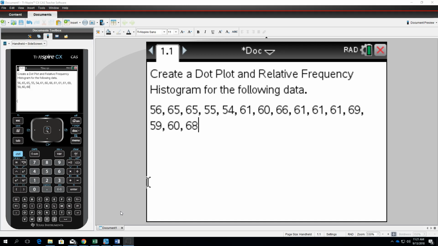Okay, so anyway, we're going to create dot plots and relative frequency histograms using our TI-Nspire, which is pretty easy to do actually. So let me show you how to do this. Here I have this problem where I'm going to create, and this is just a set of